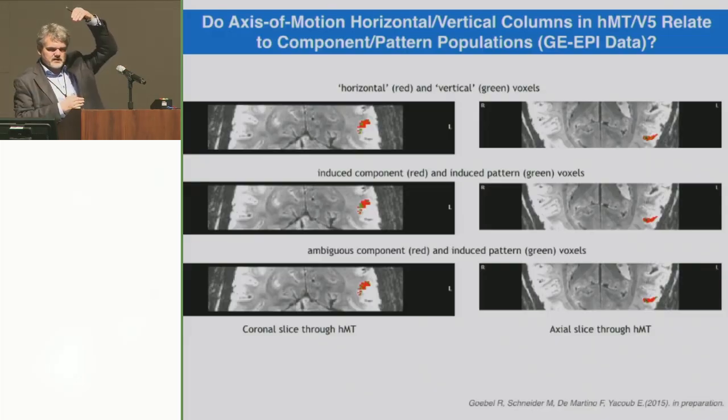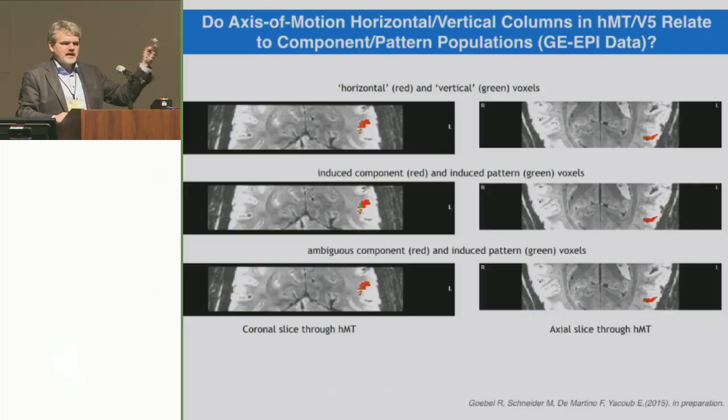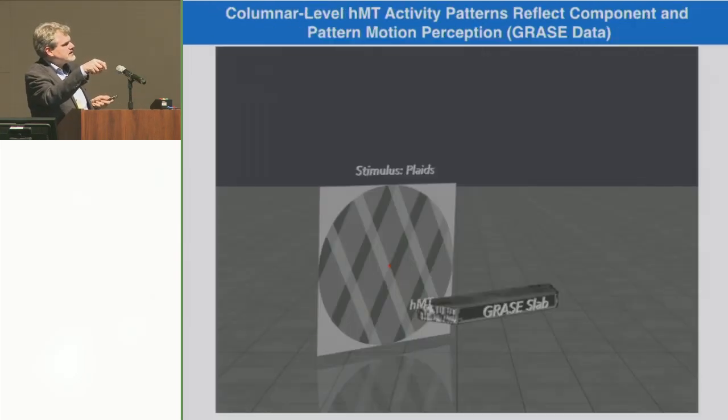And if you perceive vertical motion, the vertical population of mapped axis of motion columns are boosted. And this means nothing more than that we can now predict the content of consciousness from the level of cortical columns. This is what this means. And you see this also here if we look at a more fine-grained